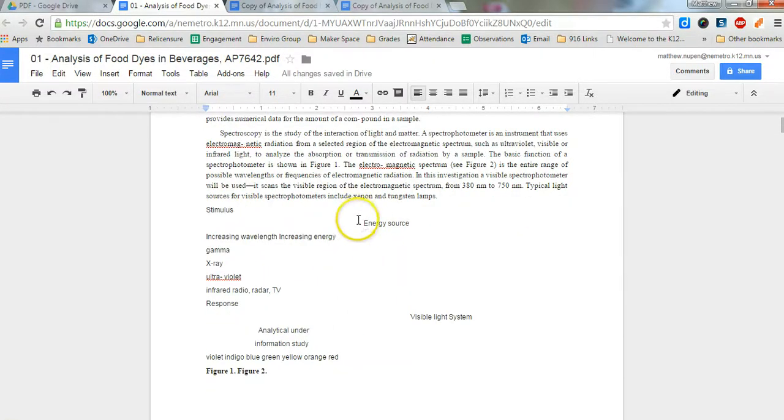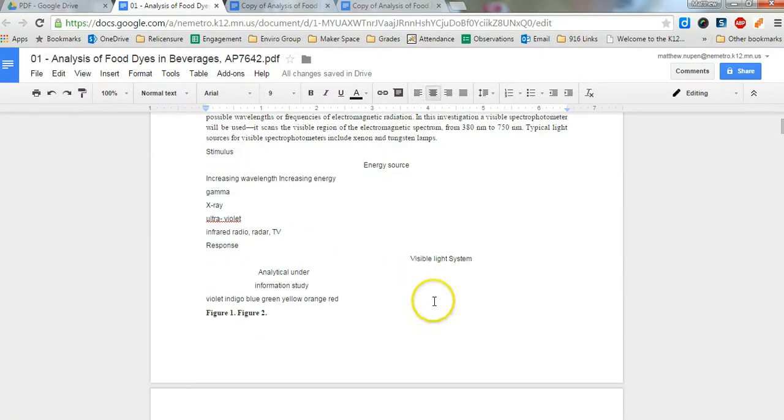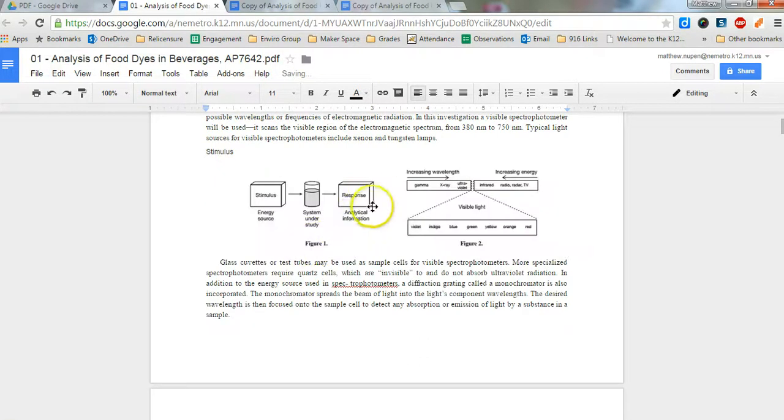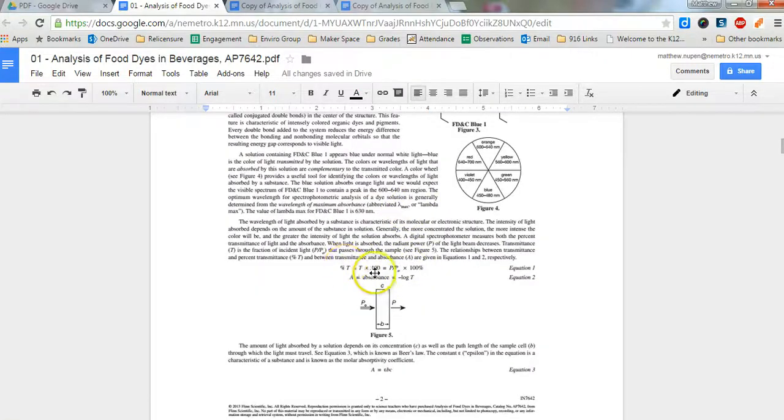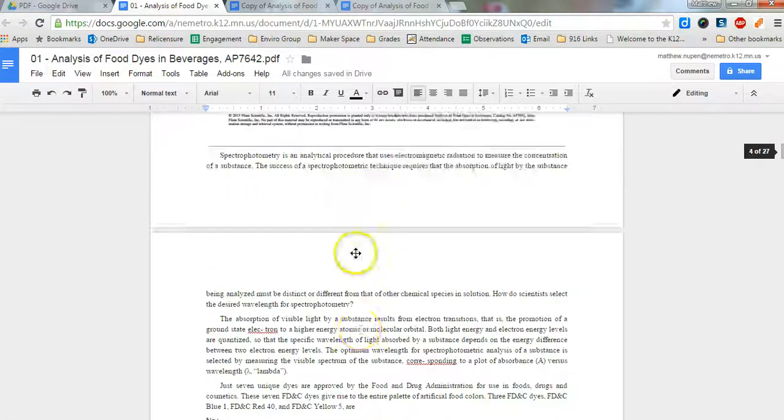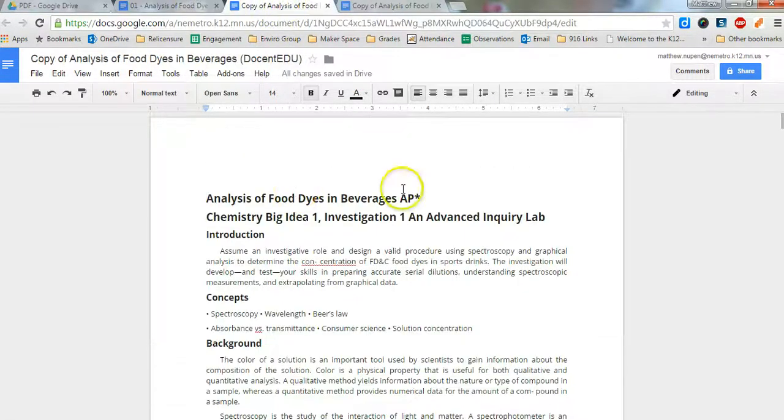Now some of the things don't turn out exactly right, so this is the text that was removed from that image, or that figure. So I'll delete that and paste in that image. There were quite a few images scattered around in here, and I've gone ahead and changed those around. So here is the document. I'd say this took me about 20 minutes fixing up. It's well worth it if this is something that you're going to be using with a fair number